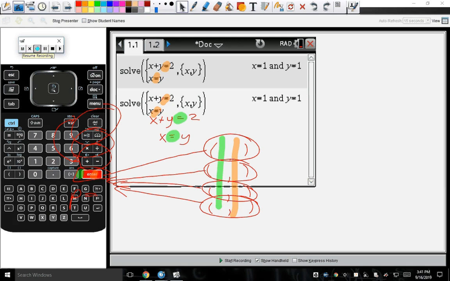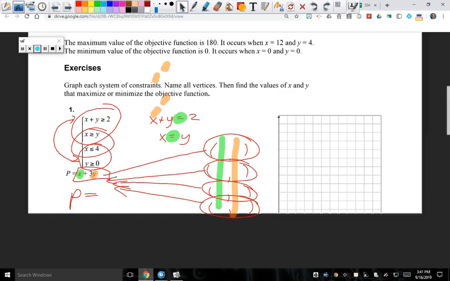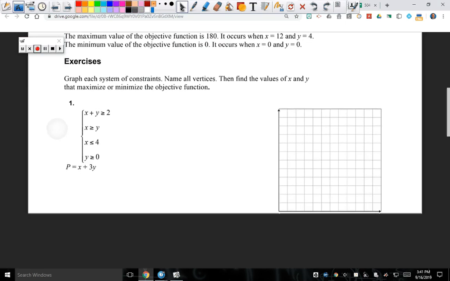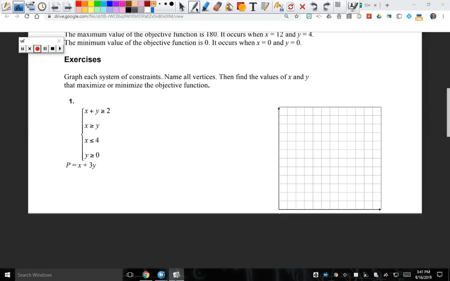What we're going to work on first is how to do this by hand, so that you're ready for the quiz on Wednesday. So let's go back over here, and we're going to graph these 4 equations by hand. When doing that, this is why we did y equals mx plus b so many times. I'm going to graph